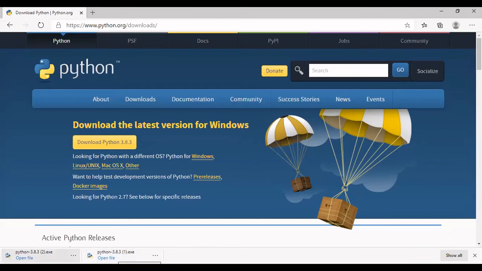Just double click on the file. I have installed now, which means that particular software was not on my computer before. I had uninstalled it for you all. I'm going to click on this checkbox. Very important, don't forget to do it. And then I'm going to click on install now. You will say yes. You complete the installation.